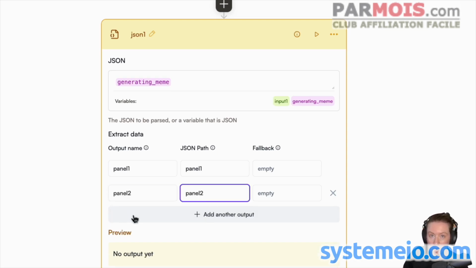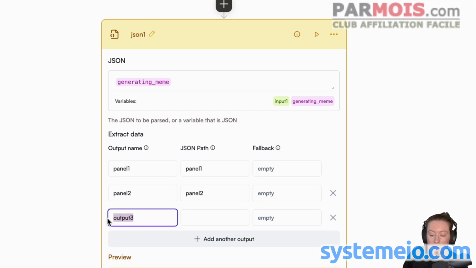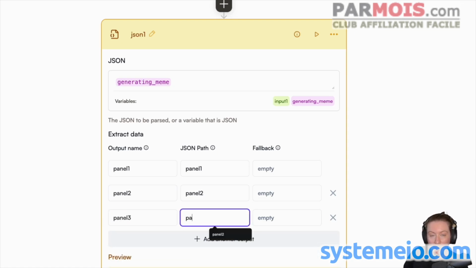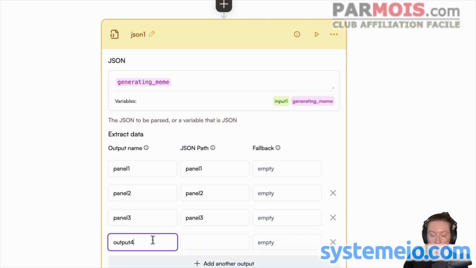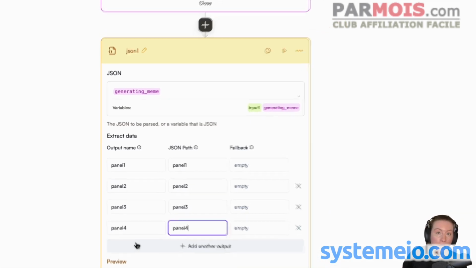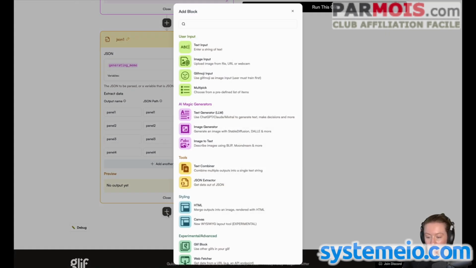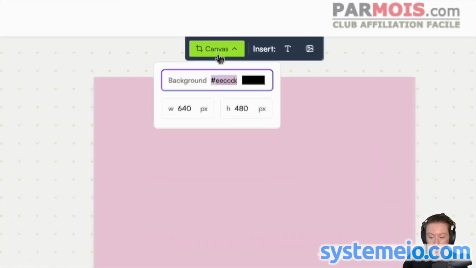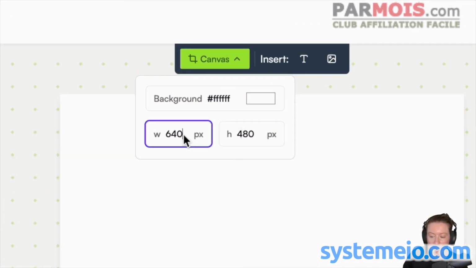The most important part is that you are using the same name to source from the JSON that the LLM created in the text generator and also using that name in the corresponding section. So panel 1 with no space should again be panel 1 with no space. Finally, it's time to put it all together. For this workflow, go ahead and use the simple canvas block. Resize it to make the size of your meme background file, and in this case, change the color to white